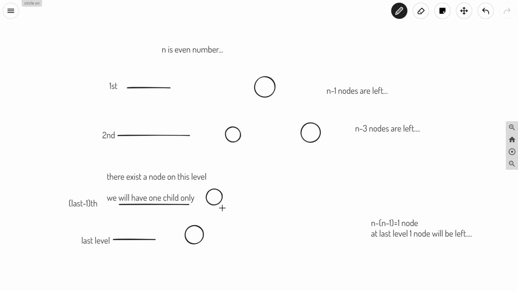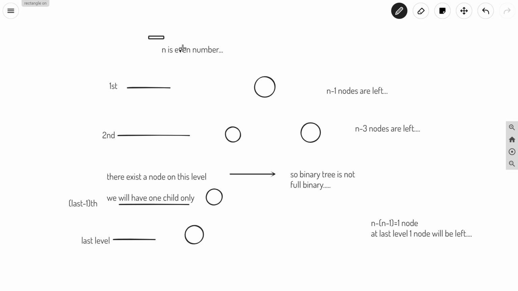So if there is only one child, in this case we can say that the binary tree is not a full binary tree.